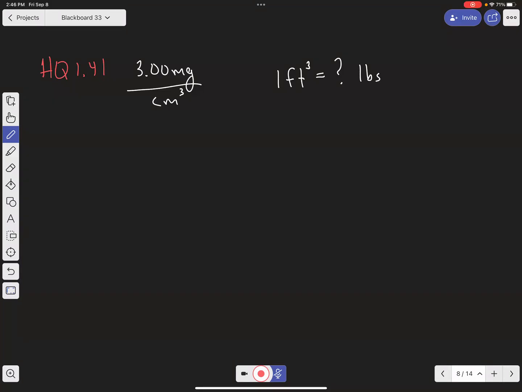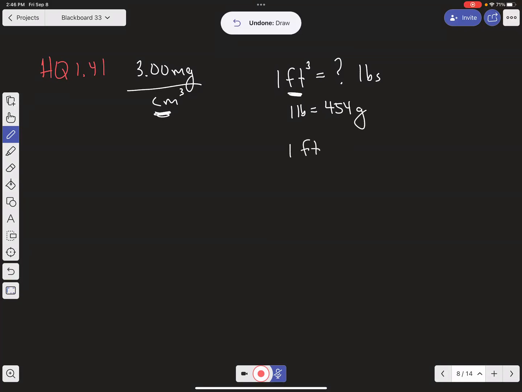They don't tell us, but we know that in 1 pound, we have 454 grams. That's a conversion we're going to need. This one is a little bit tricky because we've got volume in cubic centimeters and volume in cubic feet, so we need to connect cubic feet to cubic centimeters. To start this problem, all I did was look up that 1 foot